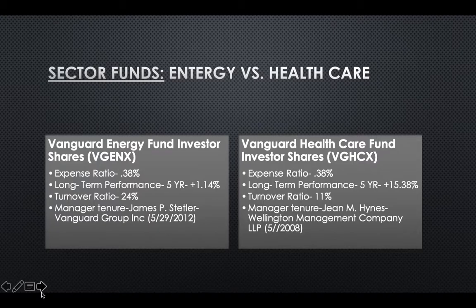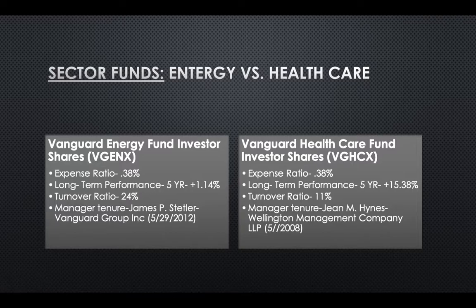So comparing these side by side, we're looking at the energy, which has an expense ratio of 0.38, which is also the same expense ratio as the healthcare, while long-term performance is really low at 1.14%, while healthcare outdid that at 15.38%. Turnover ratio is a little higher at 24%, while healthcare stayed fairly low at 11%. And the managers, James P. Stelter, who's been with them since 2012 for the energy, so a lot newer than Sean M. Hines, who's been with the healthcare